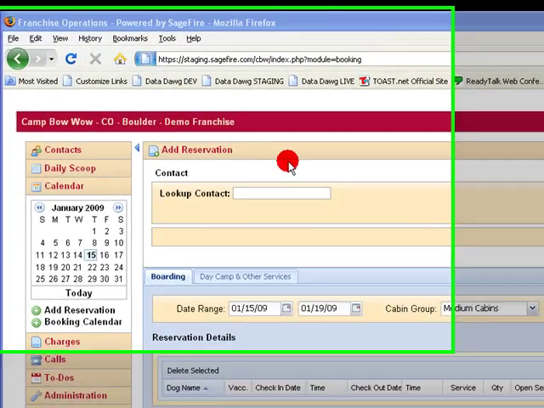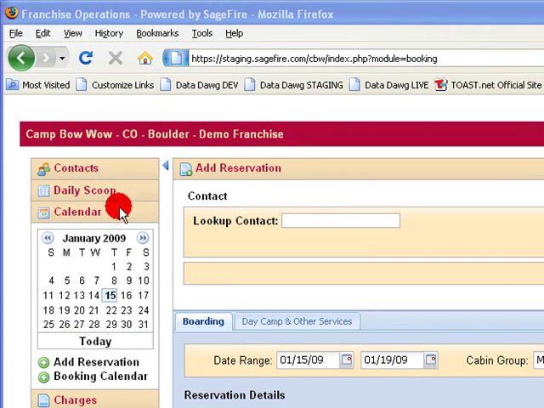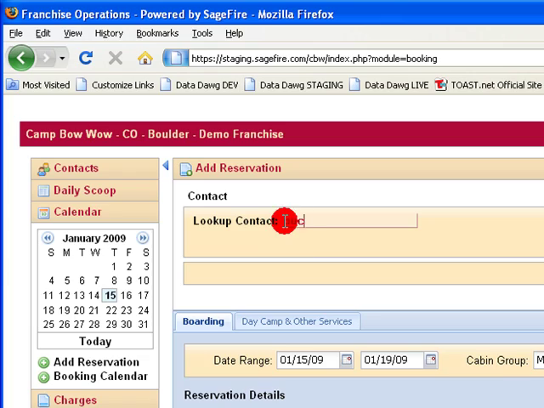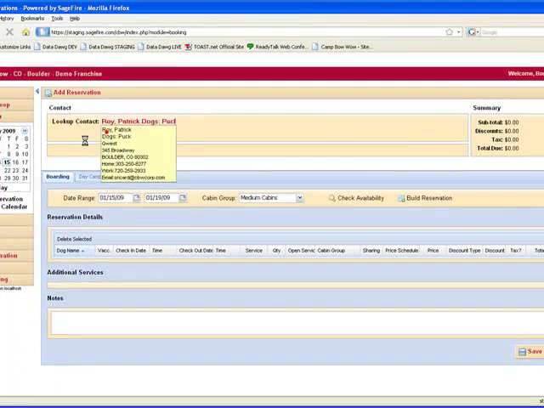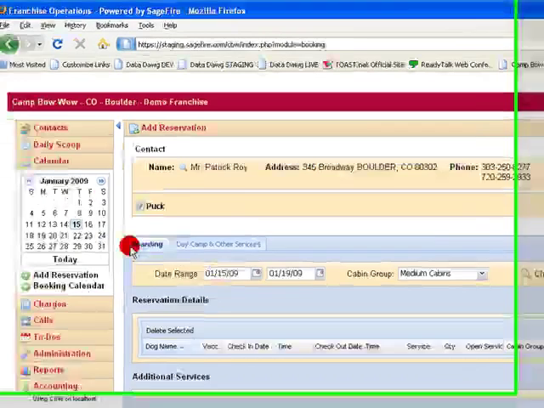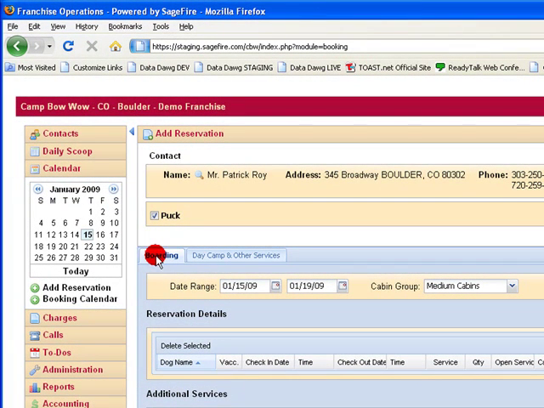In this section, you will learn how to create a boarding reservation. A boarding reservation can be created from the Contacts account or from the Calendar Add Reservation section. From here, we will then need to search the client. We're going to stay on the boarding tab and then select the date range for which our boarding reservation is